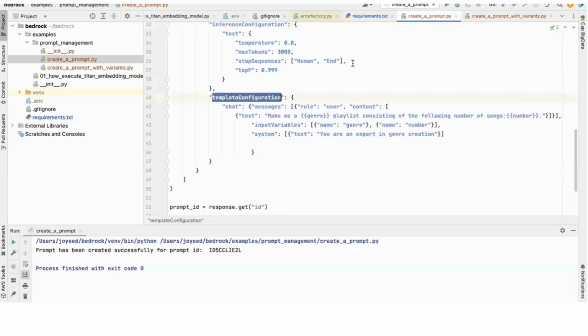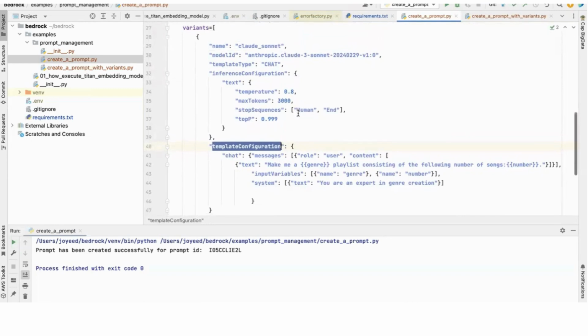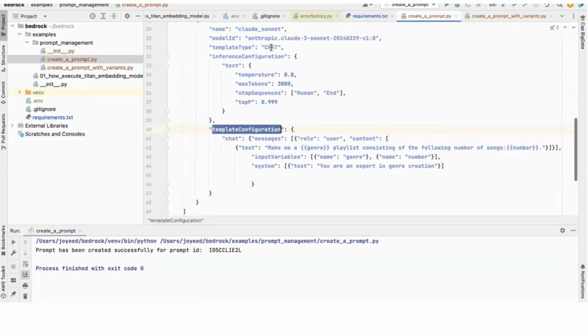The template configuration, as I mentioned, the template type is chat, right? If the template type were text, I would have started with text, and the parameters after that would have been different. That example is already there in the documentation. The example with chat is not there. So for a template configuration of template type chat, I need to have